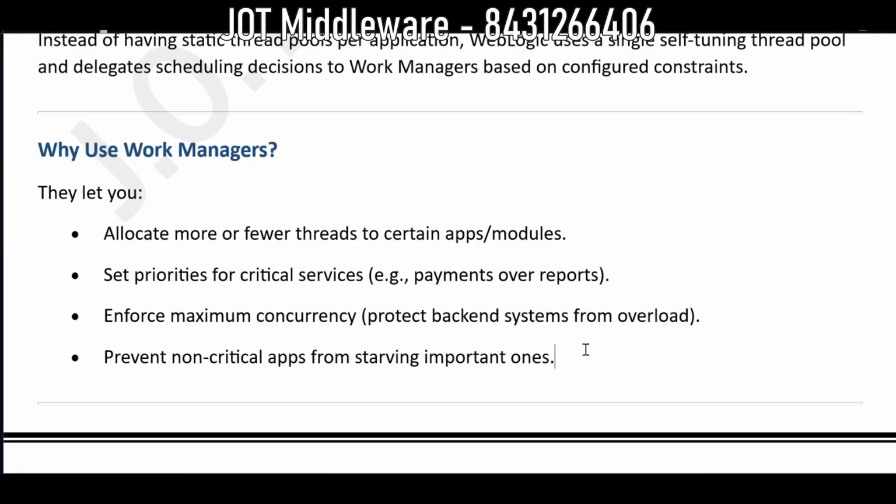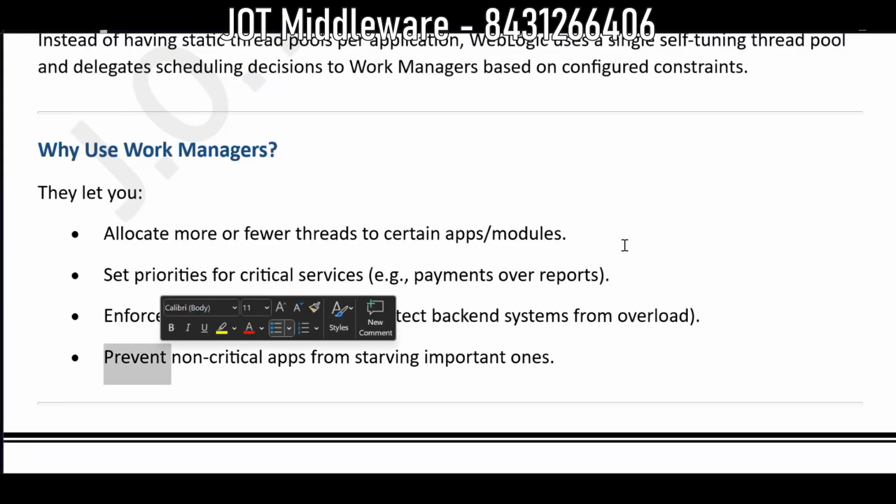So here it is getting deviated. What is deviated? The business critical application is treated the same as the non-business critical application. So if the load is heavy on non-business critical applications, it can make your business critical application starve for system resources. So you can prevent that by defining